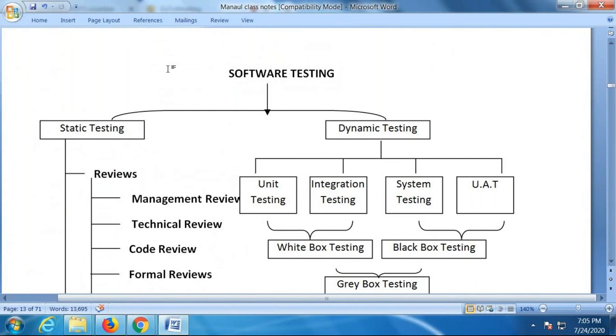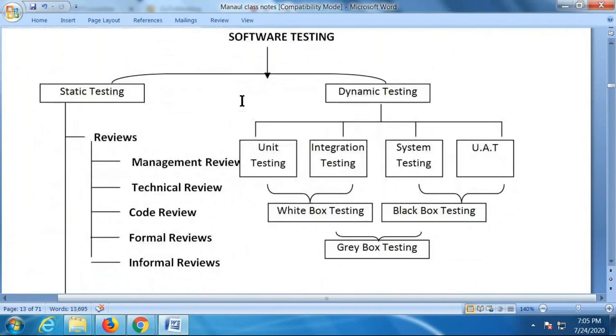Now come to software testing. Any software can be tested in two ways. We can go with static testing, or we can go with dynamic testing. Static testing, as I told you, is verification. Other name for static testing is verification. Other name for dynamic testing is validation. During static testing,